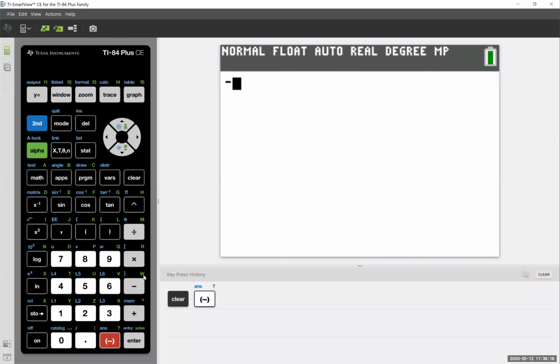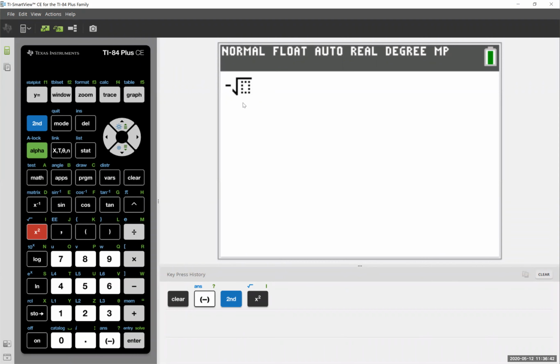Our bottom one is the negative. On the right side is the operation subtraction. These are very, very different. So we want the negative option. So we want the negative square root. If we look over here on the left-hand side by this x squared, it's our blue option. So I'm going to go to second and square root. Yours might look slightly different from this in that yours might have a parentheses showing up, which is fine. It's just a matter of a different calculator display, I should say. And now we're going to enter in the radicand that we have. So 121.